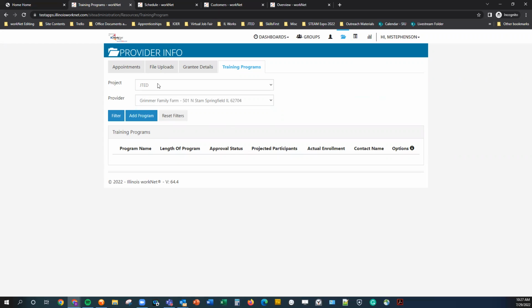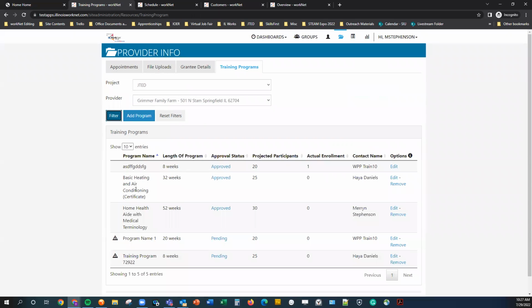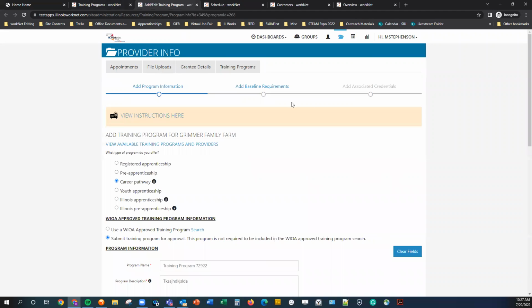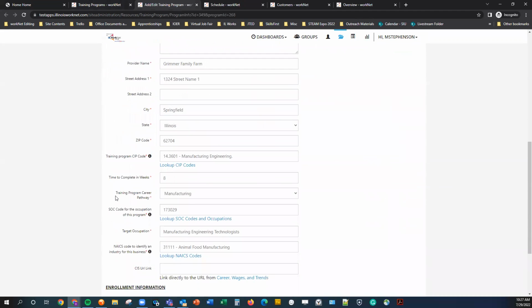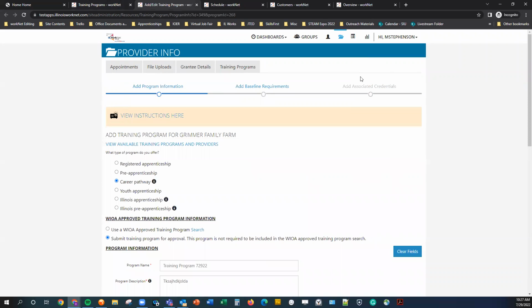So again, you'll select project, JTED, the organization for provider, but then press this filter button. We can see in the past on tests, I have added some other programs, but the one that we just entered, the training program, we can see that this is pending. We can also see that if we click this edit and open this in a new tab for a second here, that our information has been added. And the credential